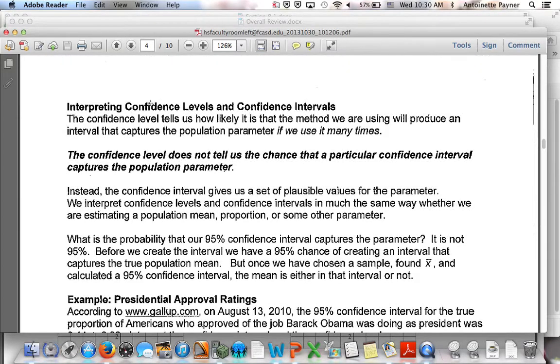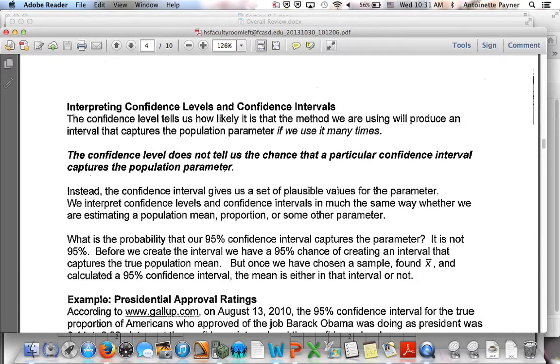All right, one thing to note here. So interpreting confidence levels and confidence intervals. The confidence level tells us how likely it is that the method we are using will produce an interval that captures the population parameter if we use it many times. The confidence level does not tell us the chance that a particular confidence interval captures the population parameter. Instead, the interval gives us a set of plausible values for the parameter. We interpret confidence levels and confidence intervals in much the same way, whether we are estimating a population mean, proportion,